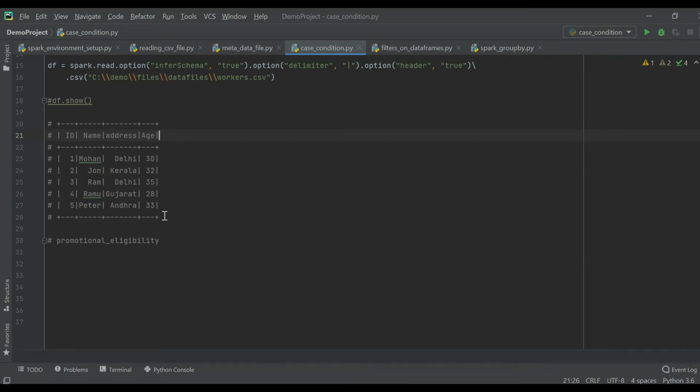And here I want to do a case condition on top of the age and create a new column as promotional_eligibility. For example, if an age is greater than or equal to 32, then I want to assign a value of yes to the promotional eligibility, and if the age is less than 32, then I want to assign it as no.